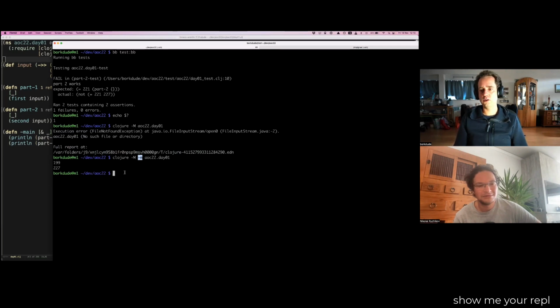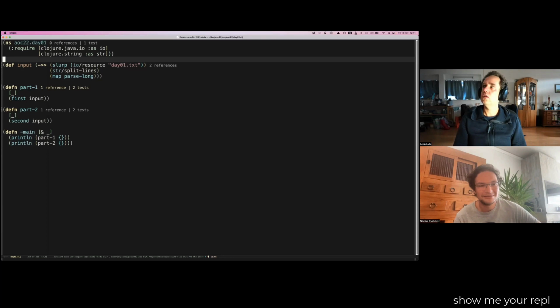And for Babashka it works the same. But suppose that we want to create a GraalVM binary from this, right? That runs this. Okay. What you can do is,